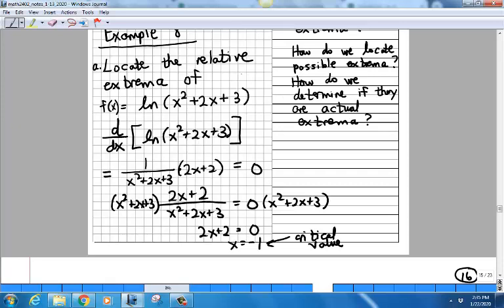Now, remember, there can be another critical value where the derivative is undefined. Is it possible? Here's the derivative, right? 2x plus 2 over x squared plus 2x plus 3. Is it possible for that to be undefined? It is, maybe, okay? Because that's a fraction, and when are fractions going to be undefined? When the denominator is 0. So you have to be careful about trying to figure out, is there an x value that will make the denominator 0? So that means you also have to think about this equation, x squared plus 2x plus 3